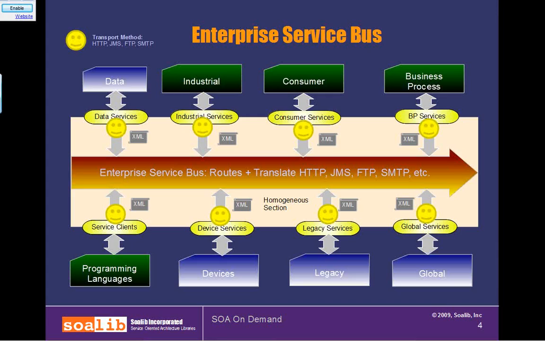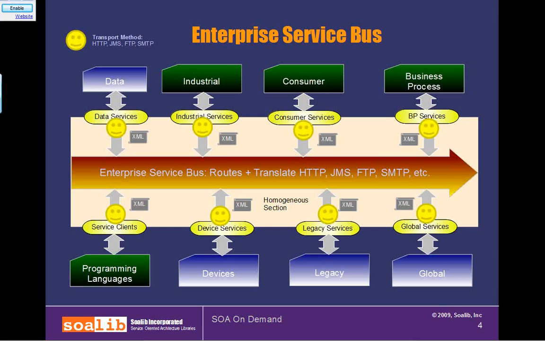Now, next slide. This heterogeneous bus is called Enterprise Service Bus, or ESB for short. This bus acts as a layer between services and has the job of translating the message format. So for example, if we get a SOAP message from a data service which intends to send it to a business process service, then each service has to pass through the ESB, where the job of the ESB is to extract the message from the underlying protocol, for example HTTP, and then reformat it to another protocol,